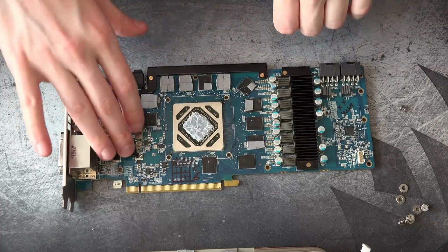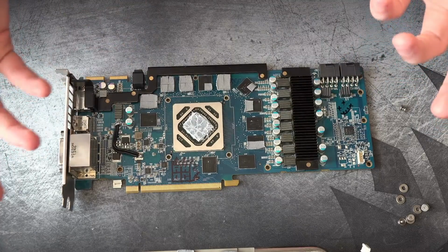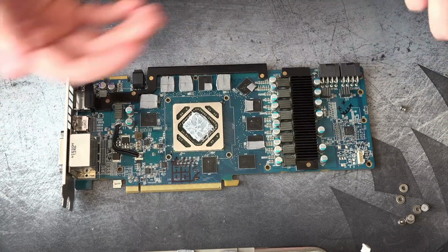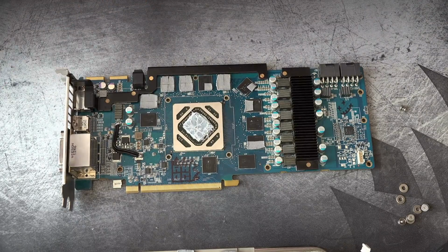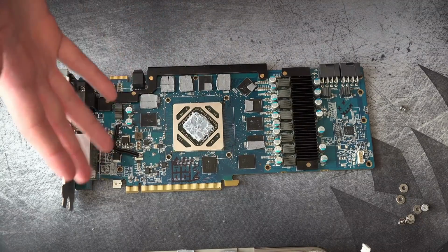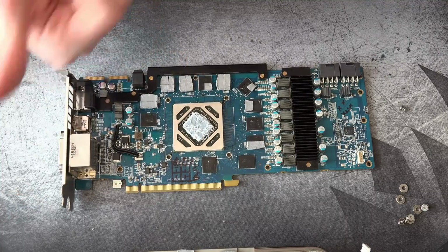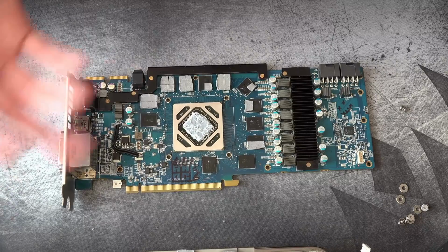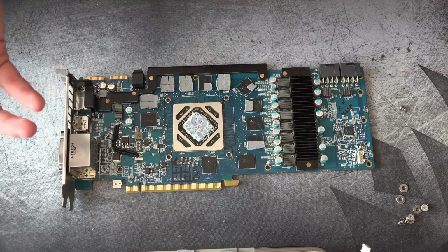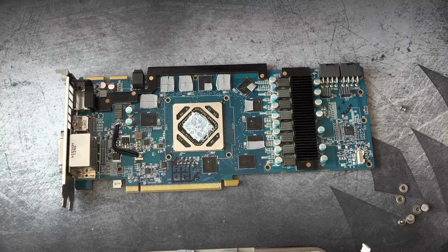But anyway, so I got the card, and the issue was that that rail was, instead of 0.95 volts, it was 0.5 volts or 0.4. Like, it was way off. It was like half the voltage it was supposed to be. And I basically went and did the standard checks of like, hey, is the voltage controller working? And as far as I could tell, it had power, it had everything it needed to function. So at that point, it's like, okay, so either the MOSFETs are broken or the voltage controller is broken, and that means I would have to replace the chip, right, this one over here,